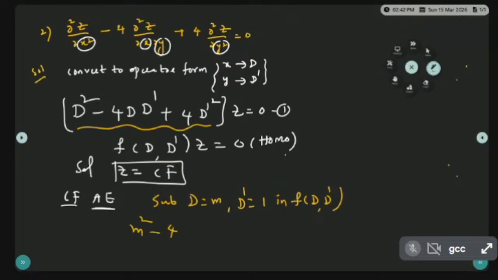D is replaced by M and D dash is replaced by 1. What is the last term? Plus 4, D dash is replaced by 1. Everyone see, D is replaced by M, D dash is replaced by 1. Please see the yellow color supporting letters I have written. Replace D by M, D dash by 1. Now, finally, what is the result? M square